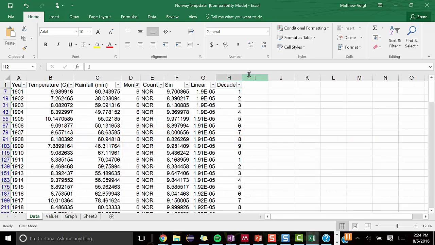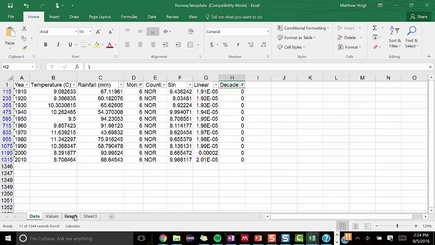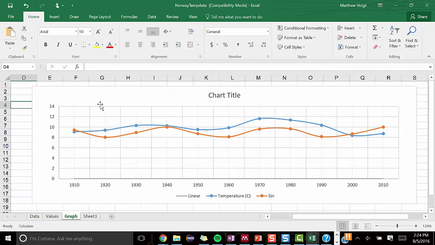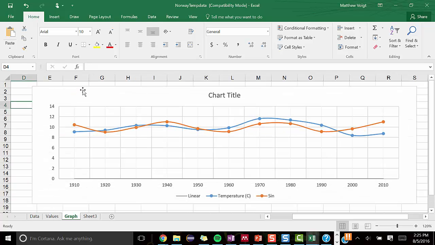And I could even now limit the decade again. So we were dealing with just a subset, and that looks like it models it fairly closely. Maybe we need to shift it just a little bit more. So let's try shifting it. If we go to 10, okay, that's a pretty close fit of my sinusoidal graph. So here we have in orange our predicted model, blue is the actual temperatures, and